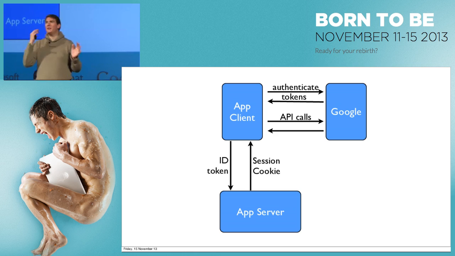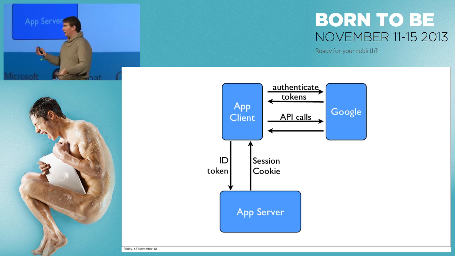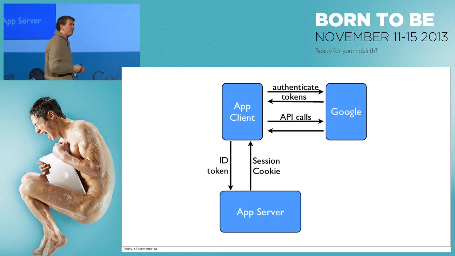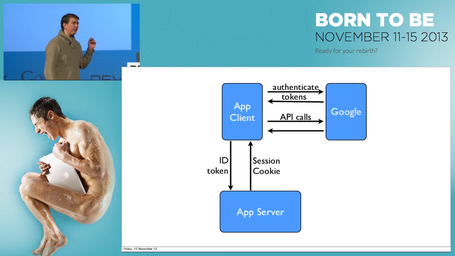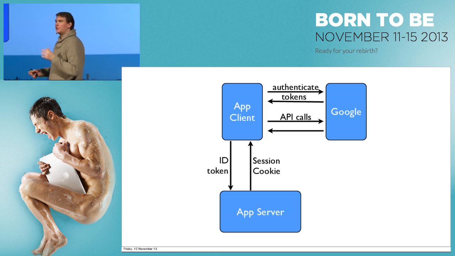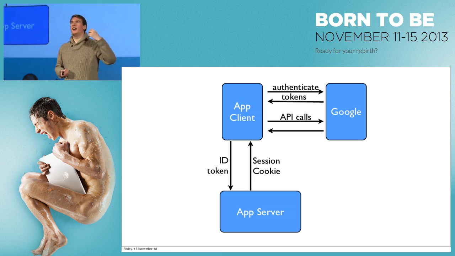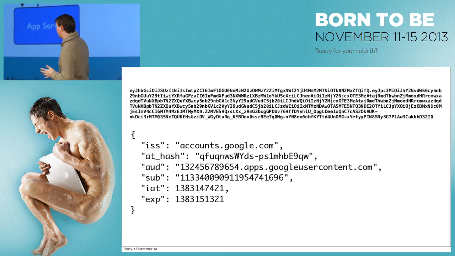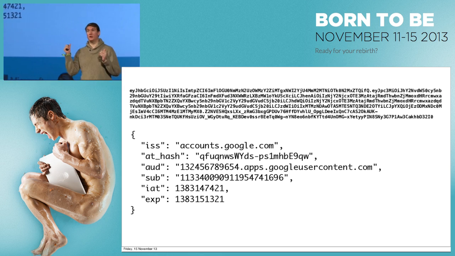Now, if you think about how this is done with username and password, you pass through a username and password, the app server looks it up, and it passes back a cookie. That's exactly how we can do it here. But instead of passing a username and password, we can use something called an ID token. And an ID token is a secure assertion of identity. It's part of something called the OpenID Connect spec. And it looks like this. It's the thing on the top there.